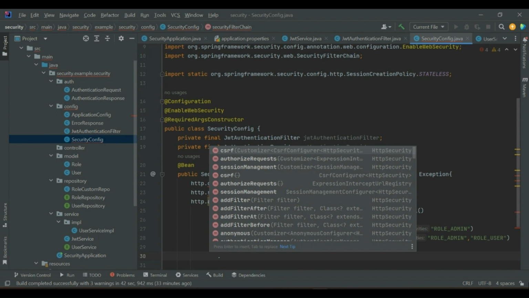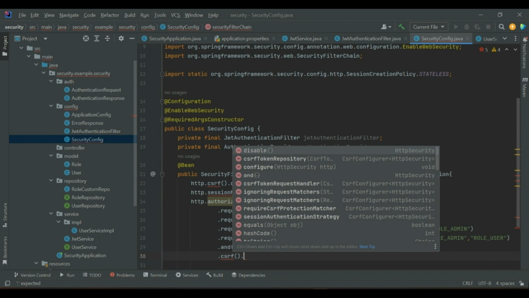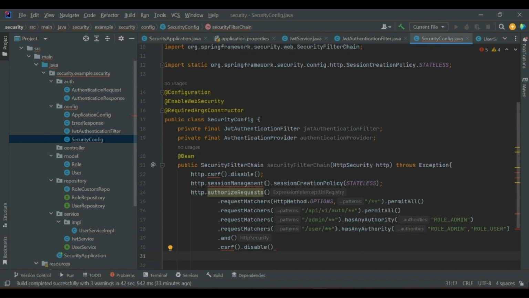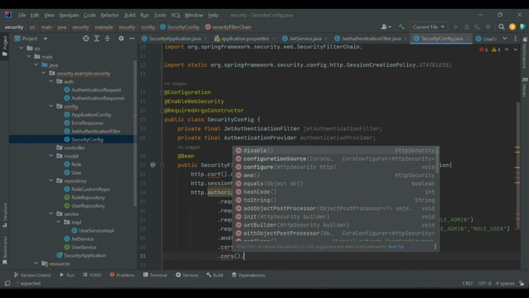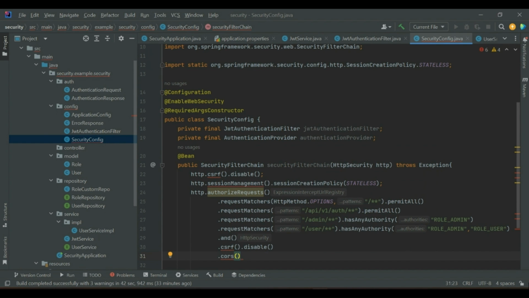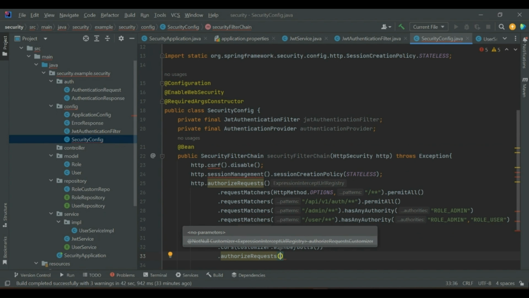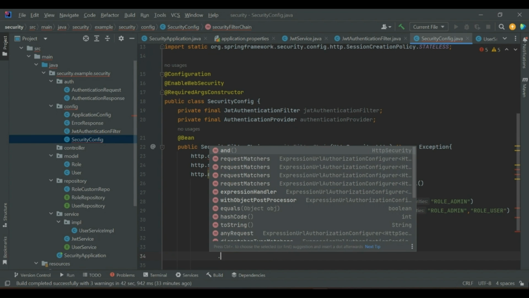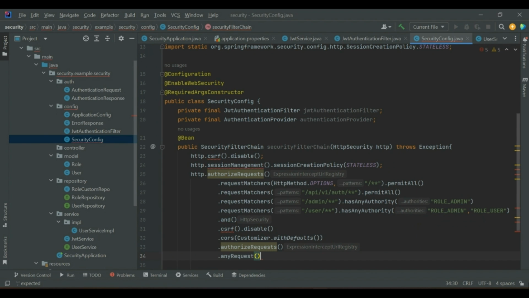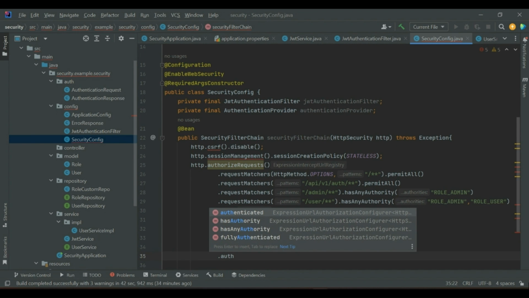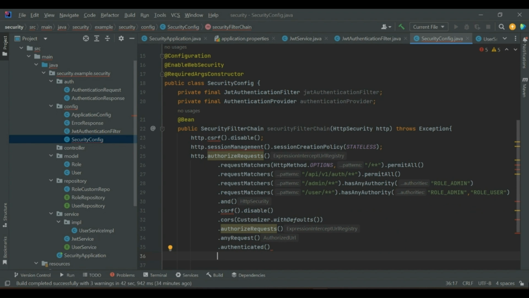.csrf().disable(), .formLogin, .customizer, .withDefaults(), .authorizeRequests(), .anyRequest().authenticated().and()